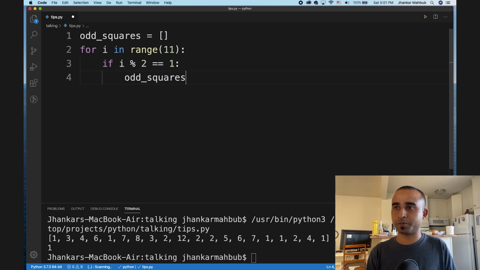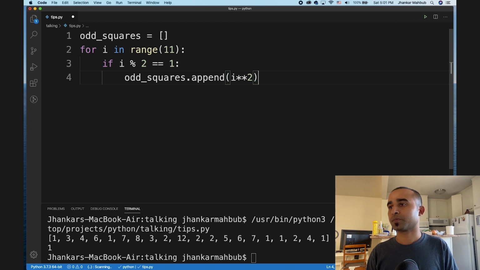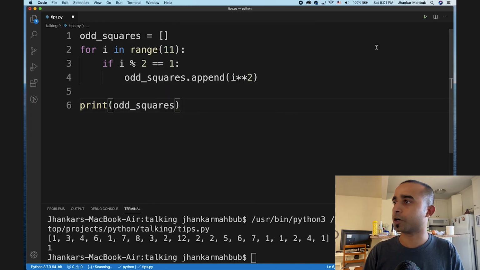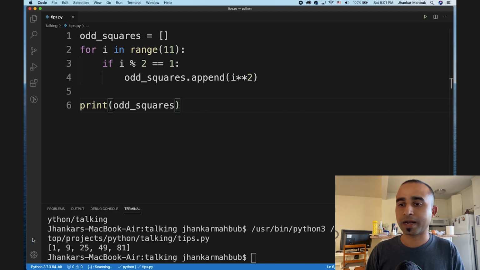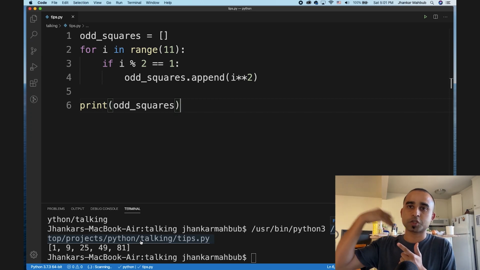This is the common way of doing it, odd_squares then append, and what we will append is i to the power 2. And if we do this, and after this we can print odd_squares, and you'll see at the bottom output, once I run it, I have 1, 9, 25, 49, 81. That means it took all the odd numbers 1, 3, 5 and squared them.